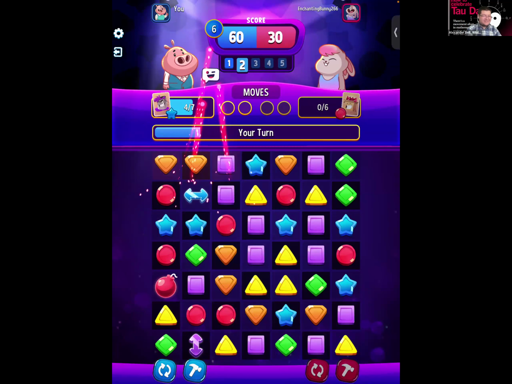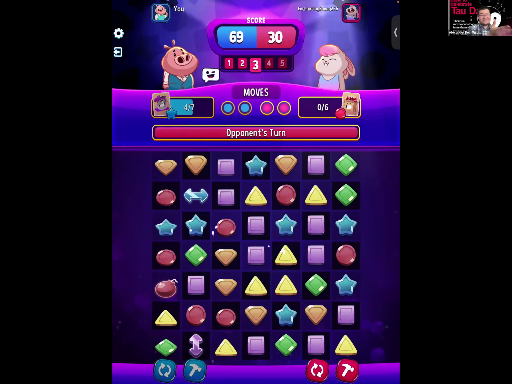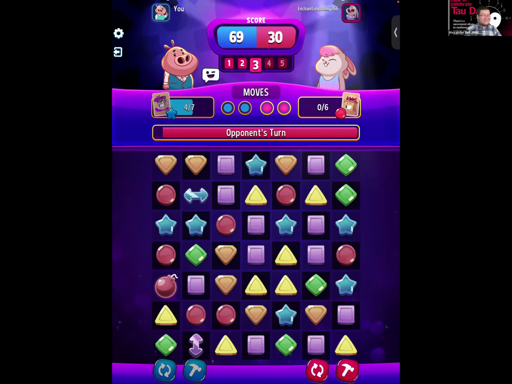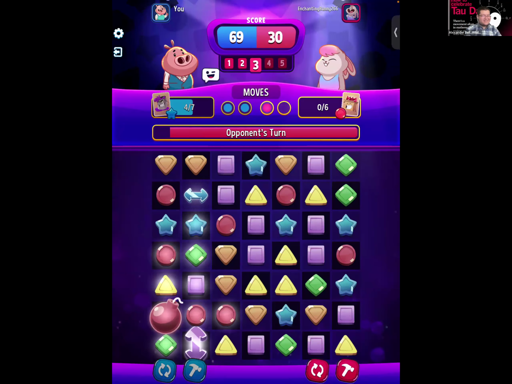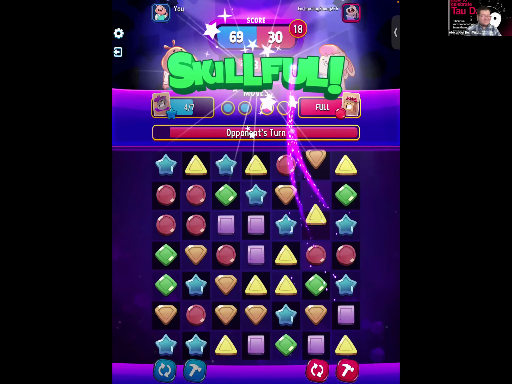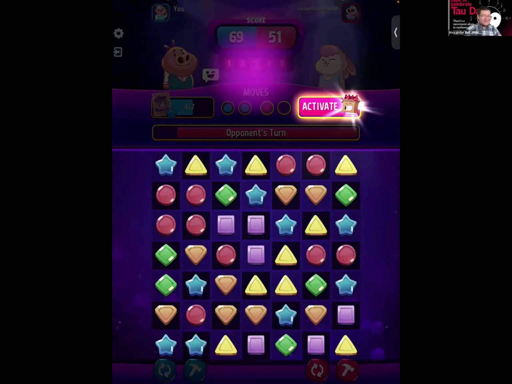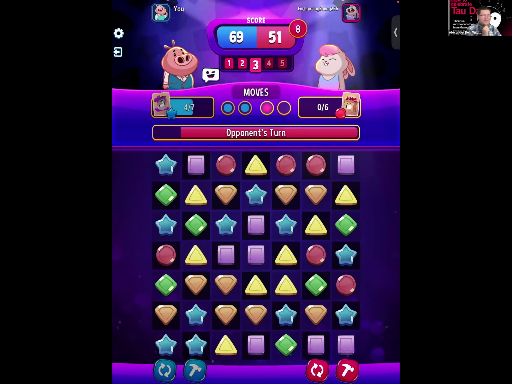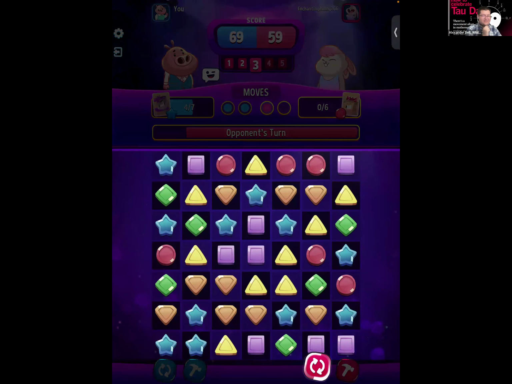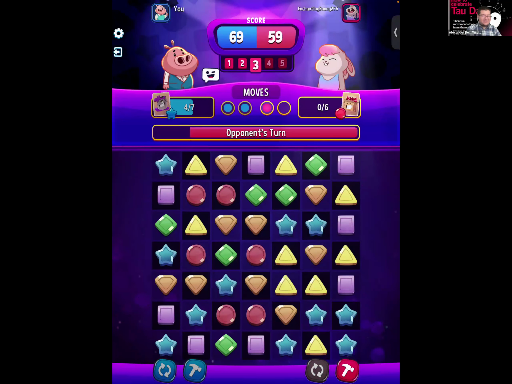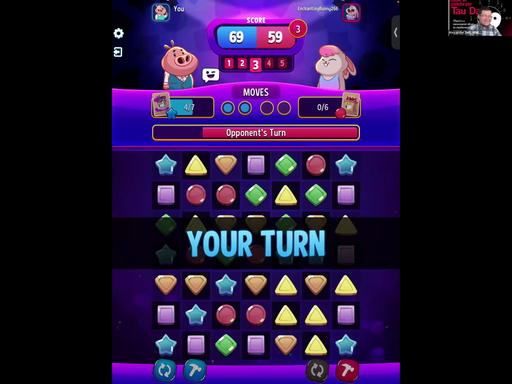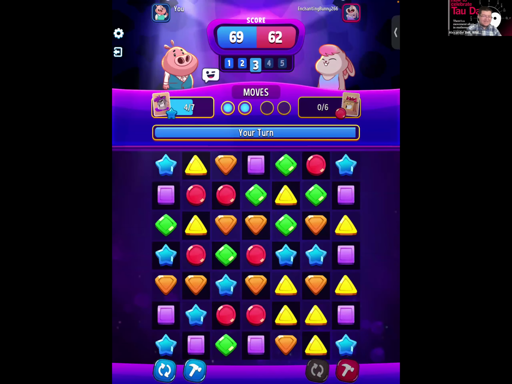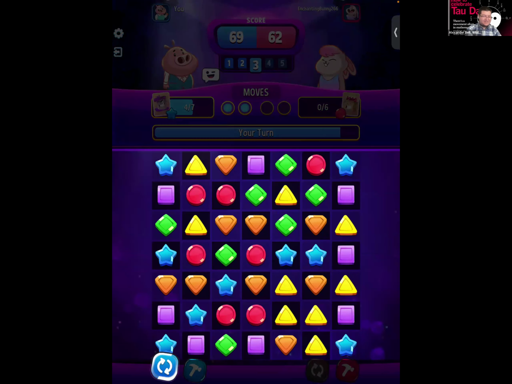So then as you keep going, round 3. There you go. So look at our score. We are, yeah, even with their moves, we're still winning. They had a 4 in a row right there, but they decided to shuffle the board. You have your free power-ups at the bottom left. I don't see any 4s right here, so I'm gonna shuffle myself.